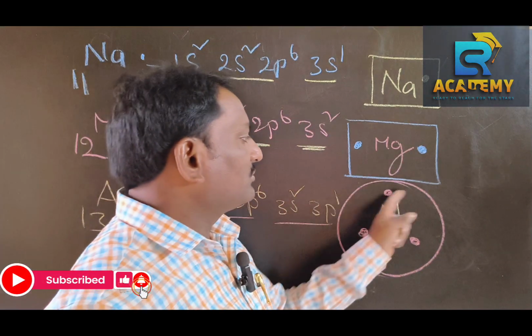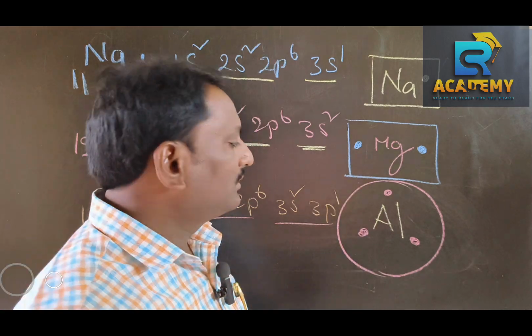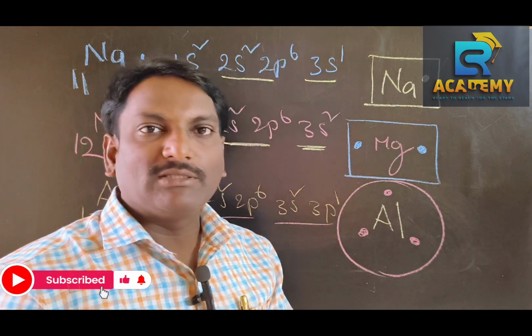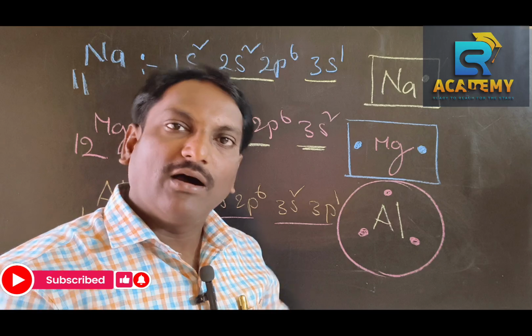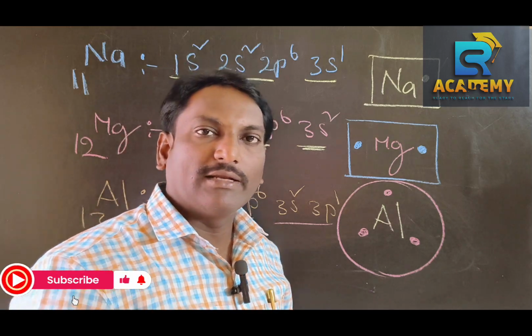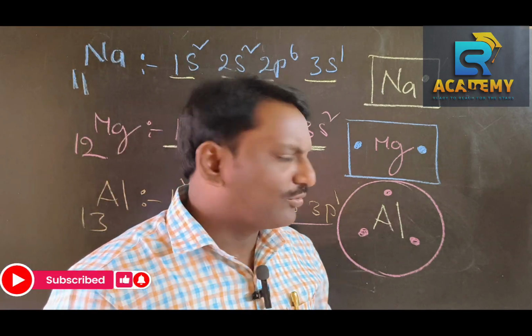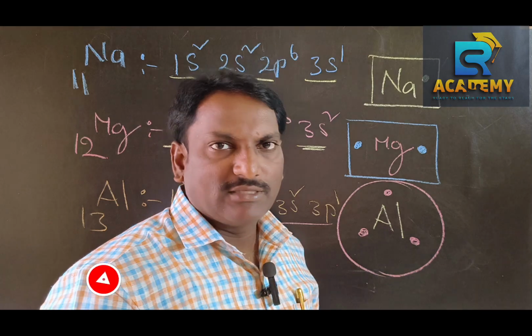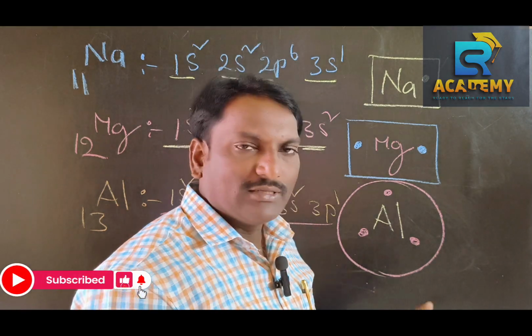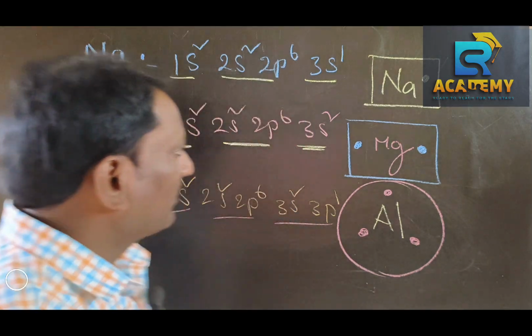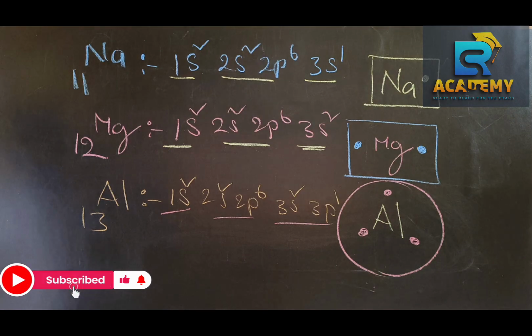So there is no need to enclose them with circular boxes, but to give a clear picture, I am enclosing them in a box or circle. So while writing the Lewis dot structure in the exam or notebook, no need to draw these circles. That's not important. Okay, right. Next one,